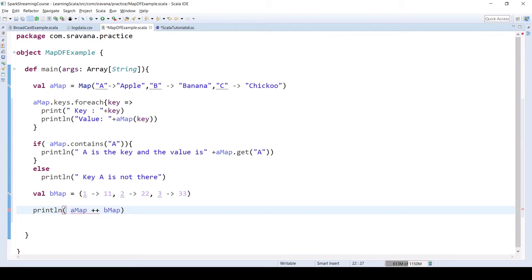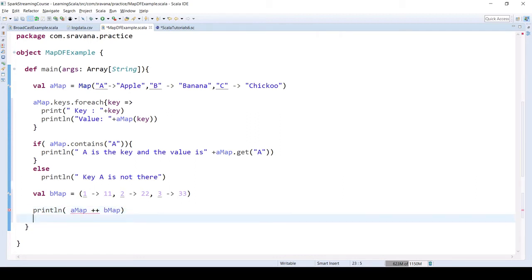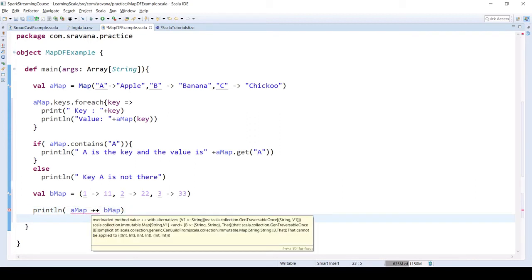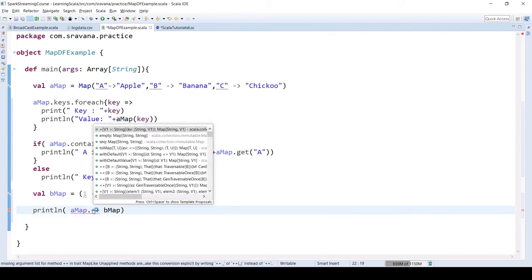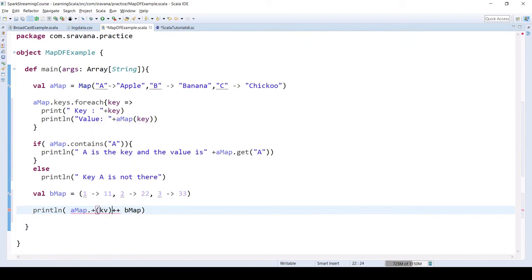That's it, it will be concatenated. We can use this as well. This is the overloaded method.